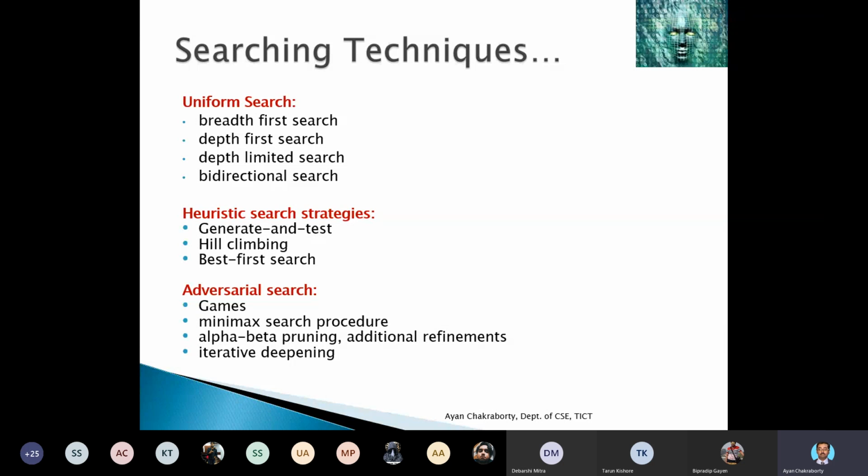I think you already know breadth first search and depth first search; you have covered them in your algorithm classes.